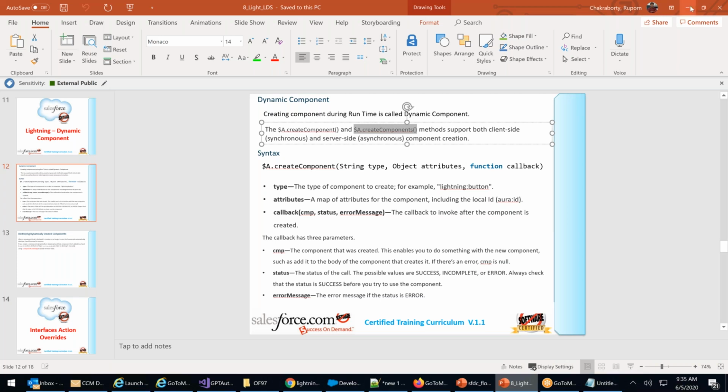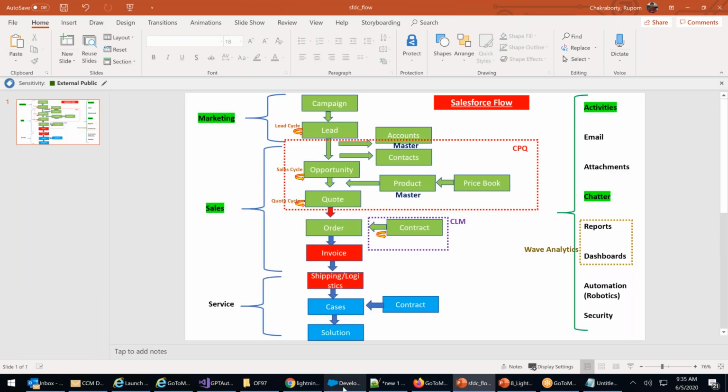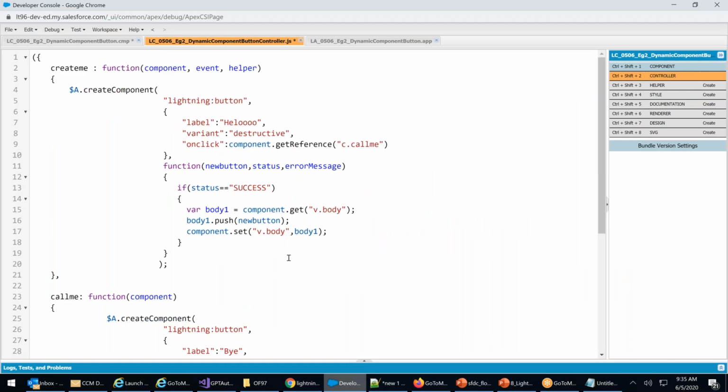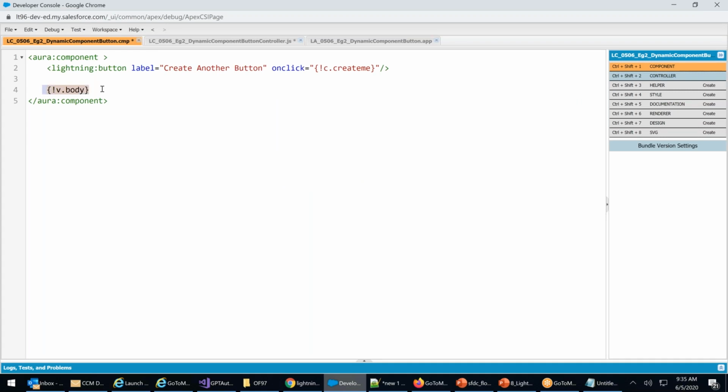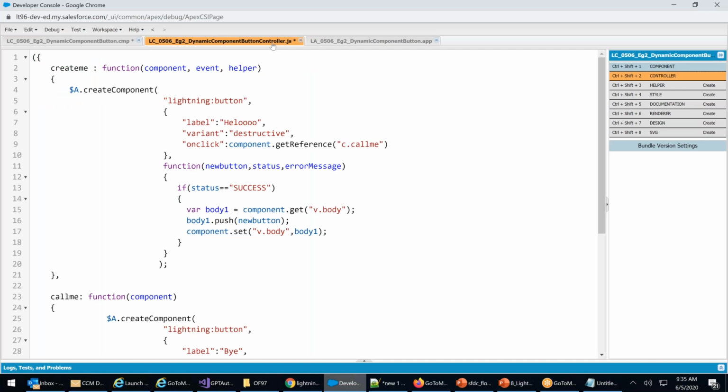Sir, once the dynamic button is created, can we change the single body, 2 buttons? What do you mean by single body, 2 buttons? This is a placeholder. In this placeholder, how can you create? You have to have 2 placeholders. You have to declare an array of placeholders, which I'll do tomorrow. Wait. Don't worry, first understand this.